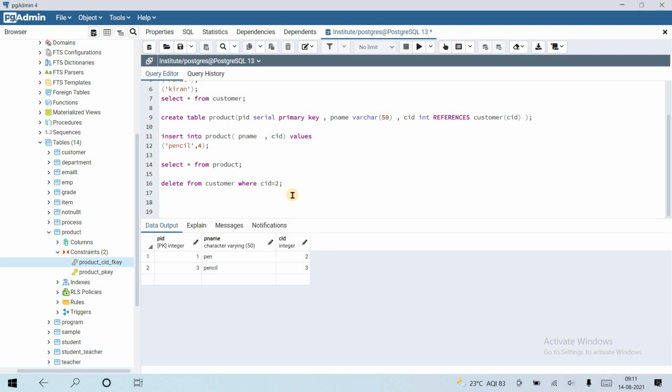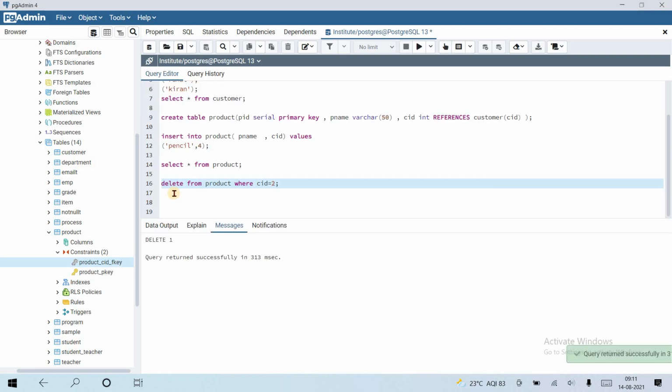Okay, suppose let's delete from product, as I have told you, where CID equal to 2.